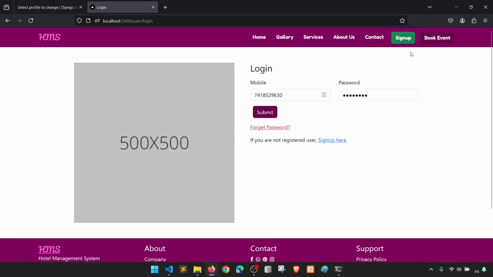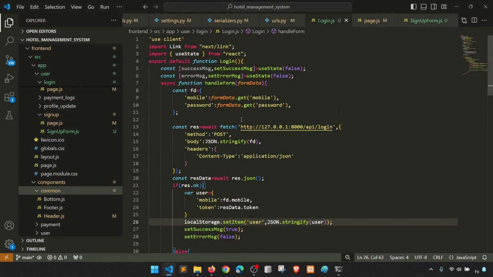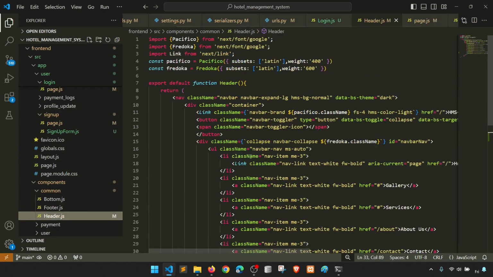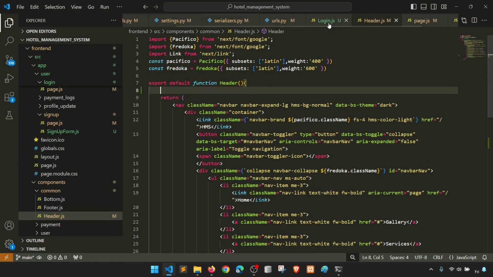And now in the header we will see, if user and token exist, then we will show the logout link, correct? So where is our common header? Here, right? And here we will get the user. So in the default functionality, correct,